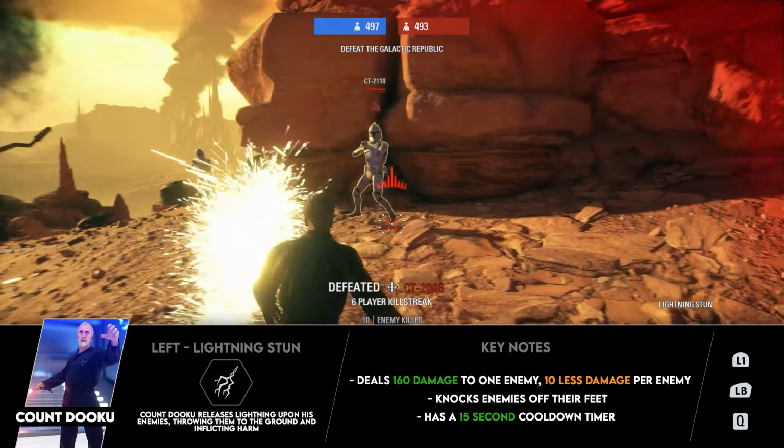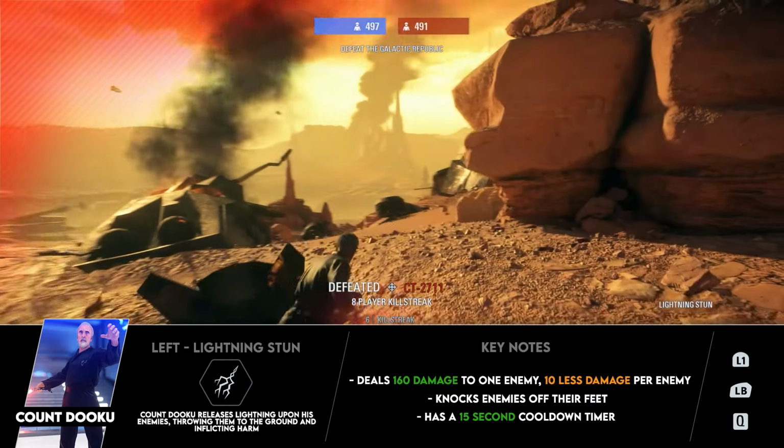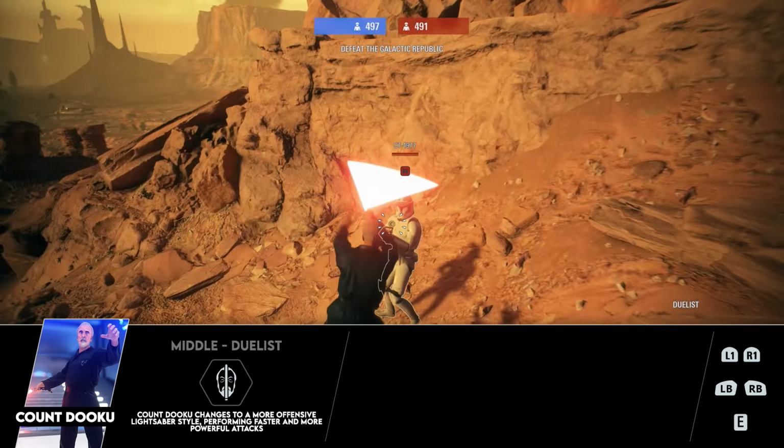It has a 15-second cooldown, which is pretty decent. The ability is far from his best, but at least that lower cooldown time does add a little bit to its value. Moving on, we have his middle ability, which is called Duelist, and this one is by far his best ability,